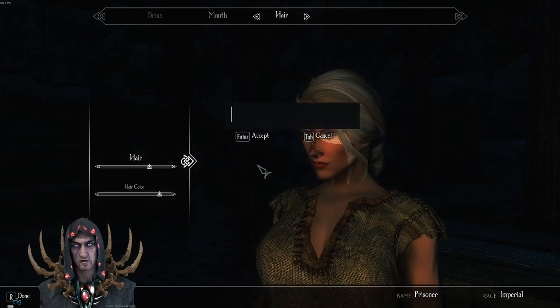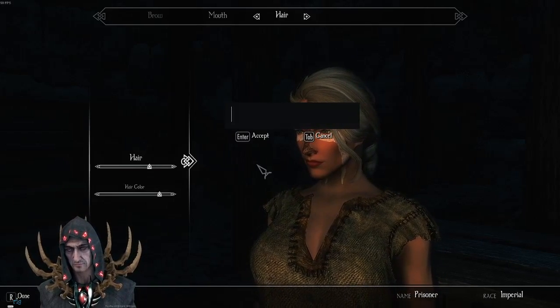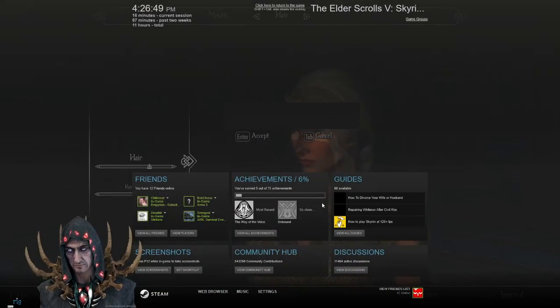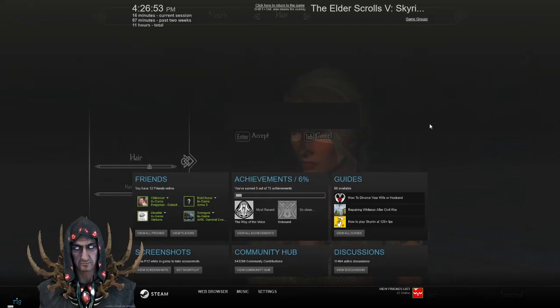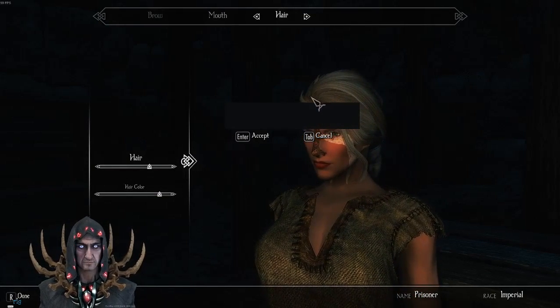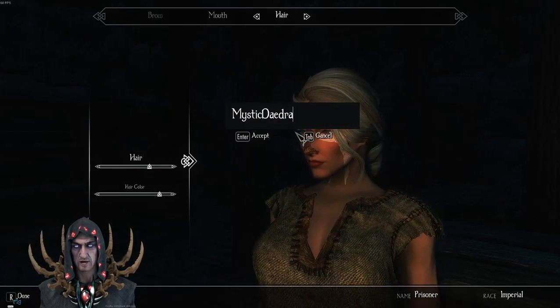We're going to name our character. Now, what should we call our character this time? How about we keep it simple, like last time? Come on. So my game sometimes does like to minimize randomly. It's a problem with my computer. I'm not sure what causes it, but...